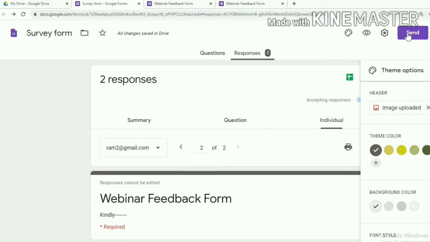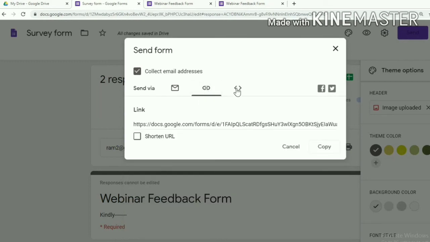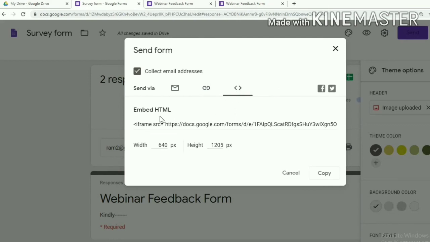So you can send the form by 3 means, either by email or by having the link or the embed HTML. You can embed the link in your home page or any web pages. You can change the width and height of this HTML file.